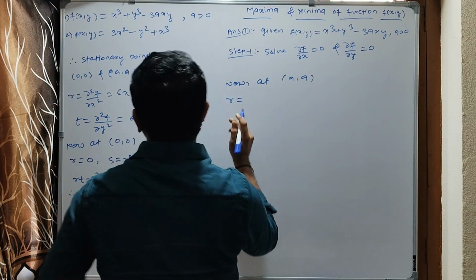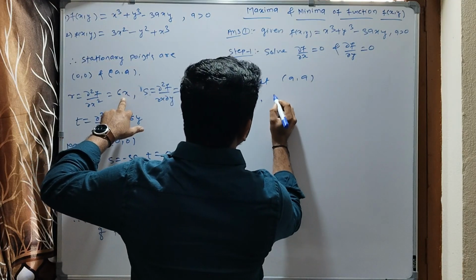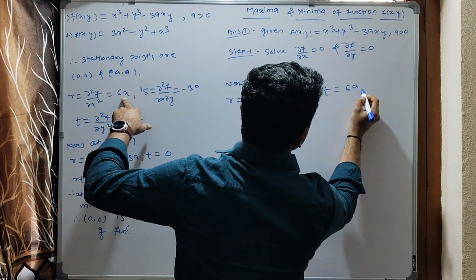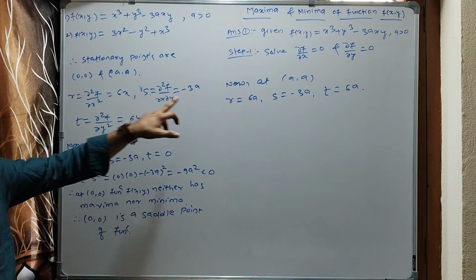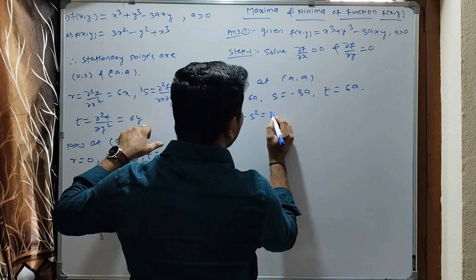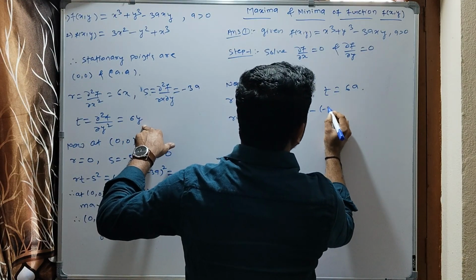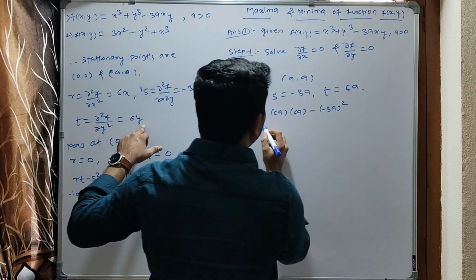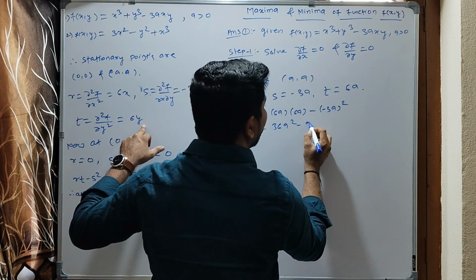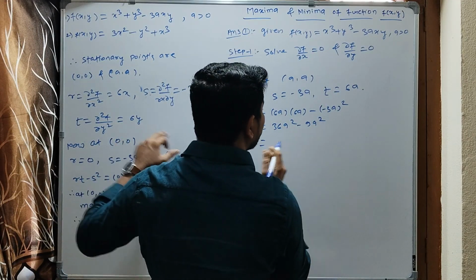Therefore r equals, at (a, a), 6 times a. s equals minus 3 times a and t equals 6 times a. So just put the value of x as a, y as a. Therefore rt minus s square equals 6a times 6a minus (minus 3a) whole square, which is equal to 36a square minus 9a square, which is equal to 36 minus